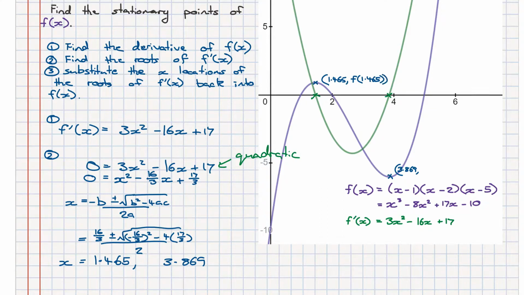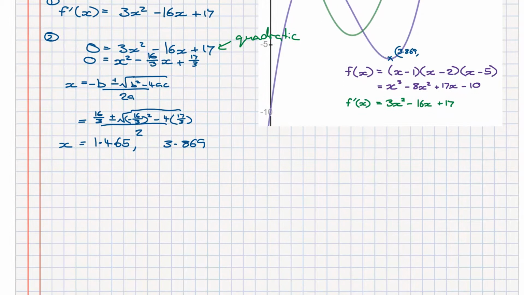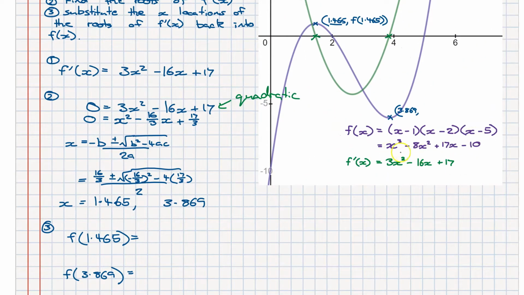We need to substitute this value of x back into the original function and calculate the value. So to get the y value, this is step 3 by the way, we need f of 1.465 and f of 3.869. You could either use your calculator and plug in the value of x using this equation here, or you could simply graph it